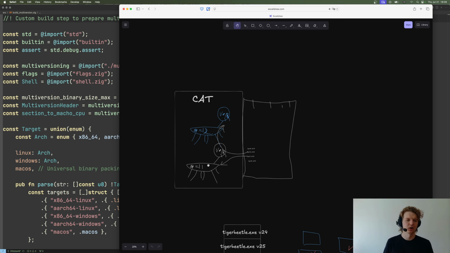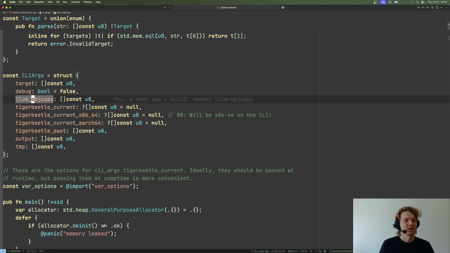So we have target. We have a debug release flag, whether we build debug version or release version, which I don't really understand why we need, but well, apparently we need it. We have path to llvm-objcopy, we don't really want to assume that llvm-objcopy is,